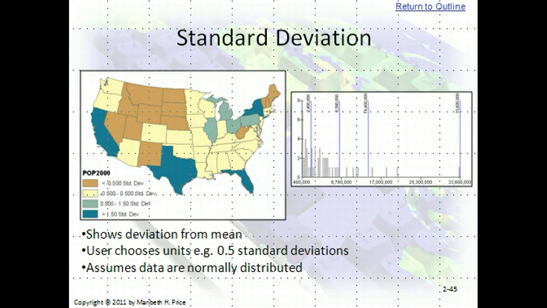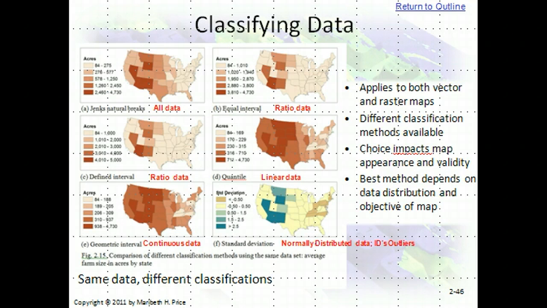A standard deviation classification apportions the values based on the statistics of the field. The user selects the class breaks as the number of standard deviations, and the data range determines the number of classes needed. This method excels at highlighting which values are typical and which are outliers. The map on this slide shows the yellow states are close to the mean farm size. Several eastern states appear to have smaller than average farms, and some western states have much larger farms than average. This map is best applied to normally distributed data. This classification summary slide should be helpful when trying to determine how to classify your data sets to produce your